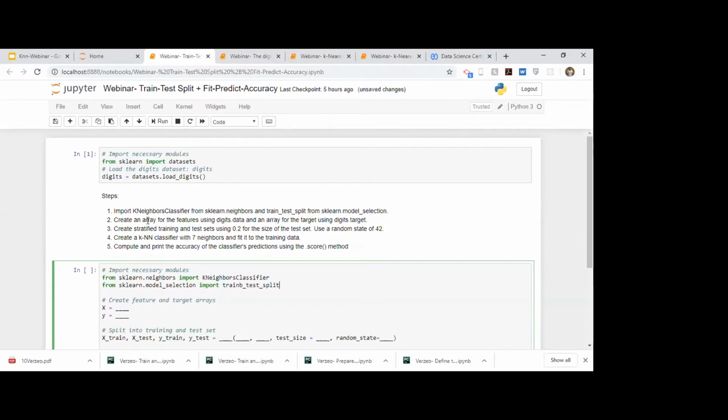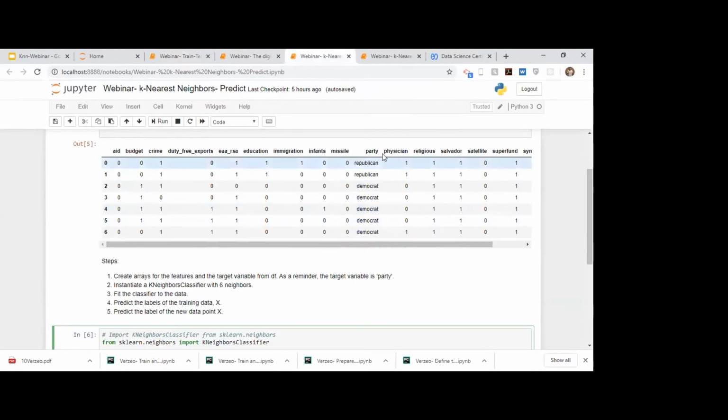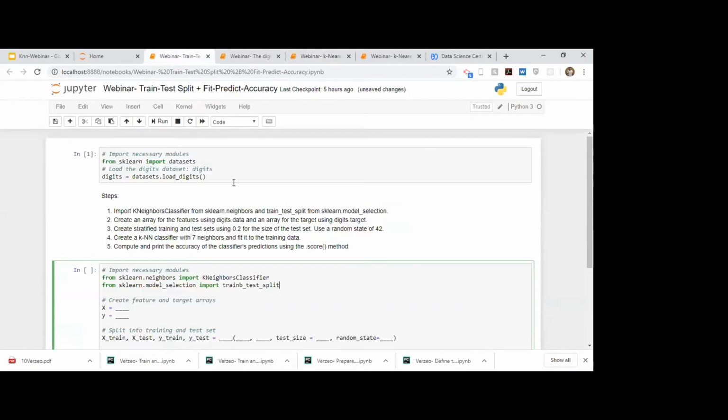The next step says create an array for the features using digits.data and an array for the target using digits.target. So earlier in the previous exercise, we created X and Y, right? Where in the Y, this party column was present, and in the X, all the other columns were present. Fortunately, all the X and Y are separated in this data set. So X is already available inside a key called data, and Y is already available inside a key called target.